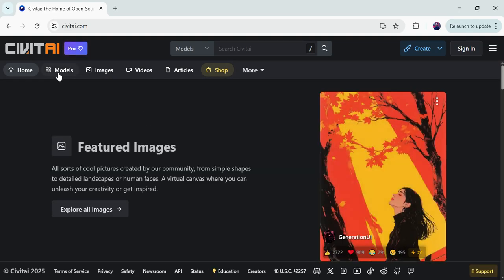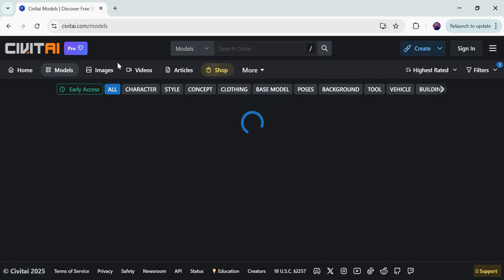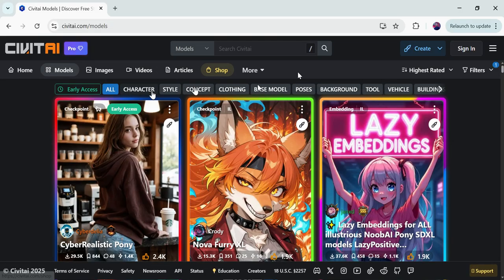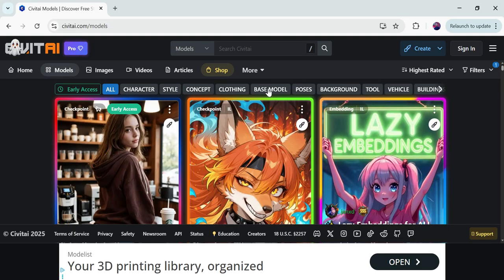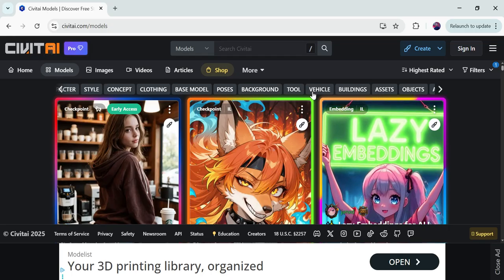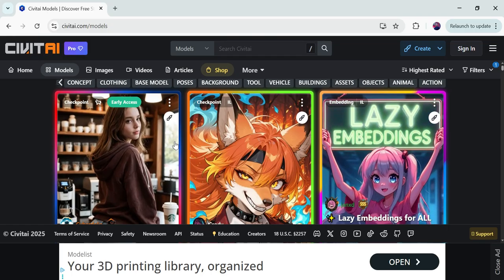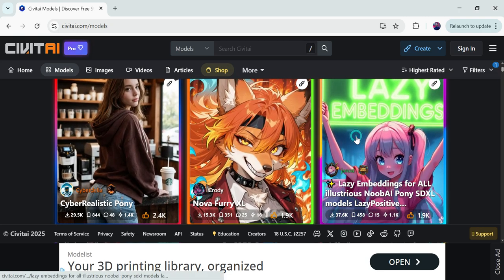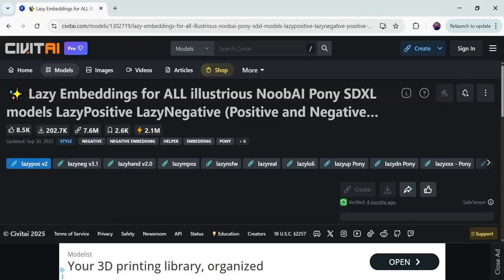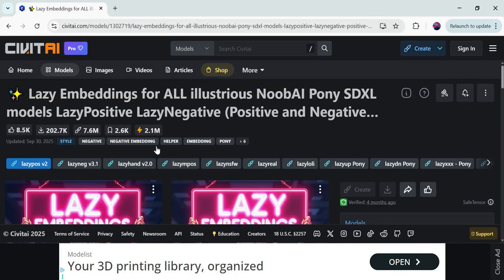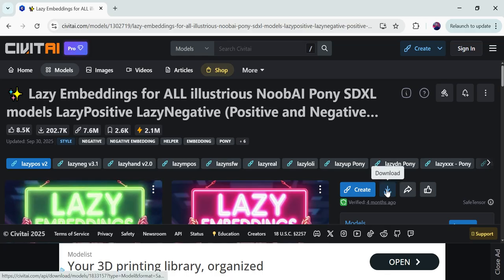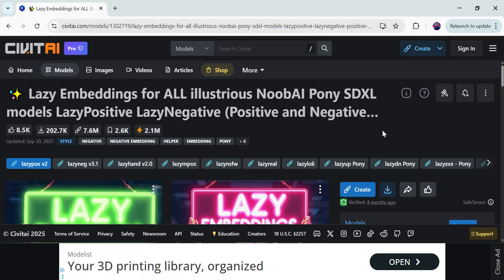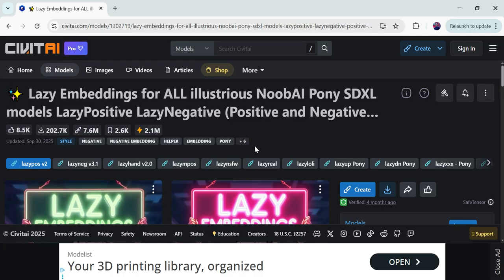So you need to open this model section. Here you will find your stable diffusion model of every kind for almost every kind of category you want. You can use the filter here. Okay, so let's suppose you like this one or this one or this one, and you want to download this for your own project. So you just simply click on the model and here you will get the download button. For downloading this model, you just need to click on this download button and your diffusion model will start downloading, and then you can use it in your own project.